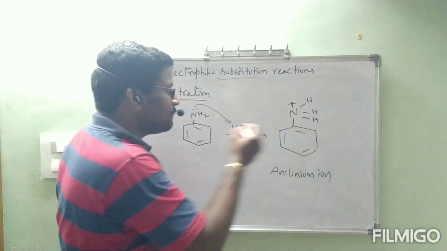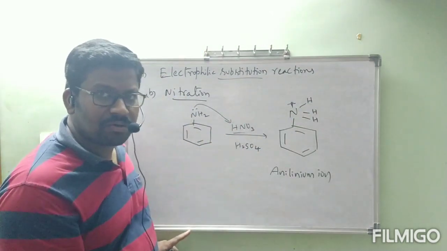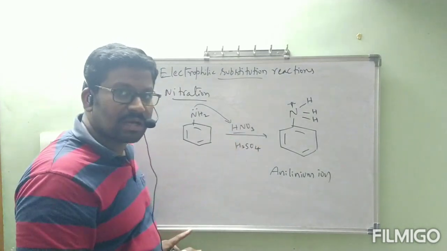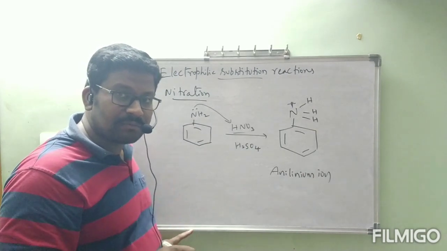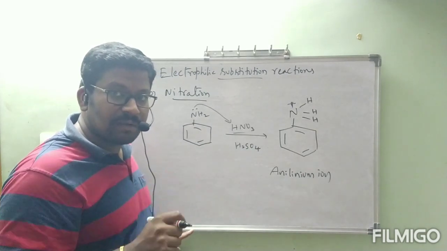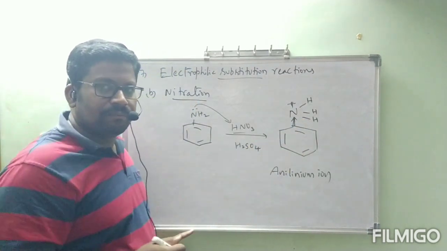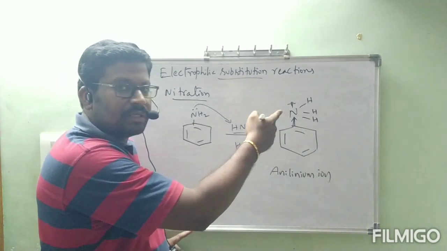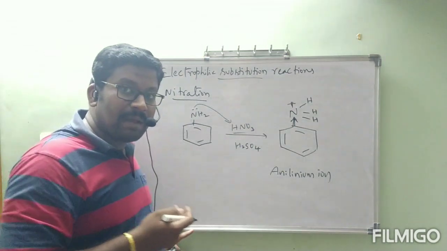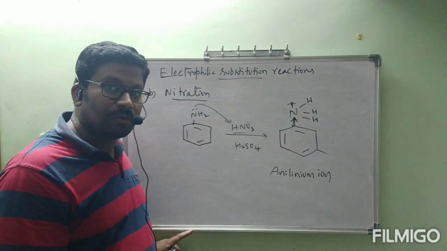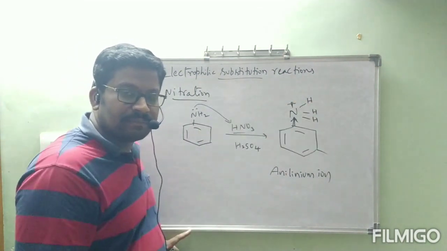Now, nitrogen previously contained a lone pair of electrons. If a lone pair is present, it acts like an electron donating group. But here the lone pair is not present, and nitrogen also carries a positive charge. An electronegative atom with a positive charge acts as an electron withdrawing group. This one will pull electrons from the benzene ring. If it is an electron withdrawing group, then what happens? In the meta position, you will get the NO2 group. After that, this one will again donate H plus ion and form aniline.